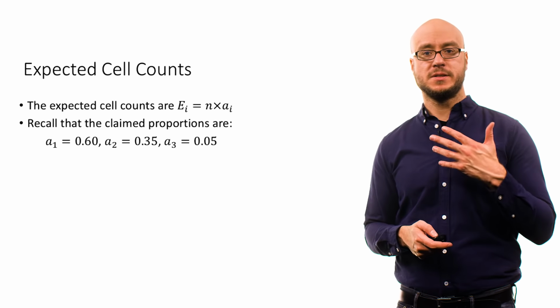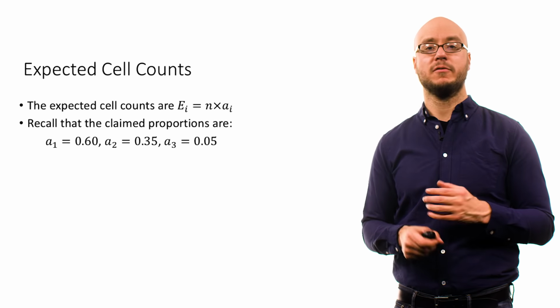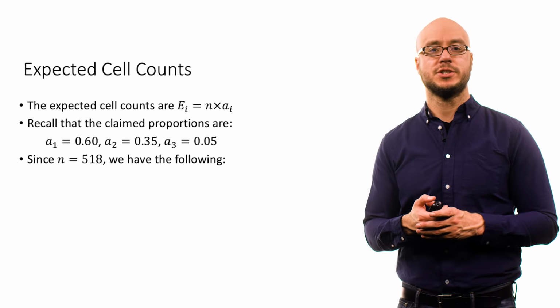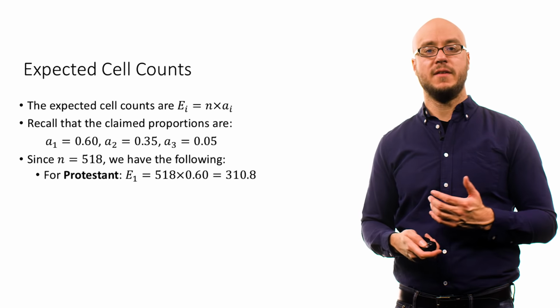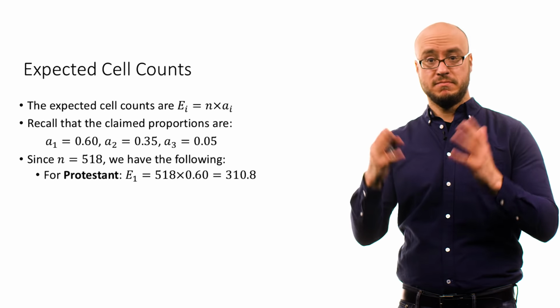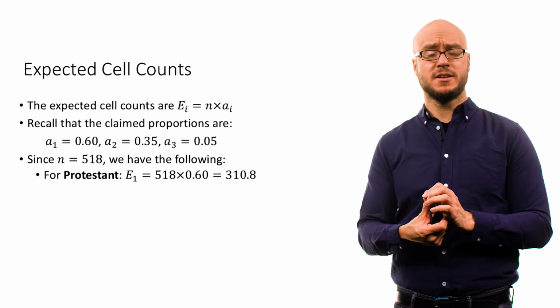So recall that this scholar is saying these proportions are 0.60, 0.35, and 0.05, respectively, for Protestant, Catholic, and young people without a religious affiliation. So the sample size is above 500. To calculate the expected cell counts based on this claimed distribution in the population by this religious studies scholar, we just